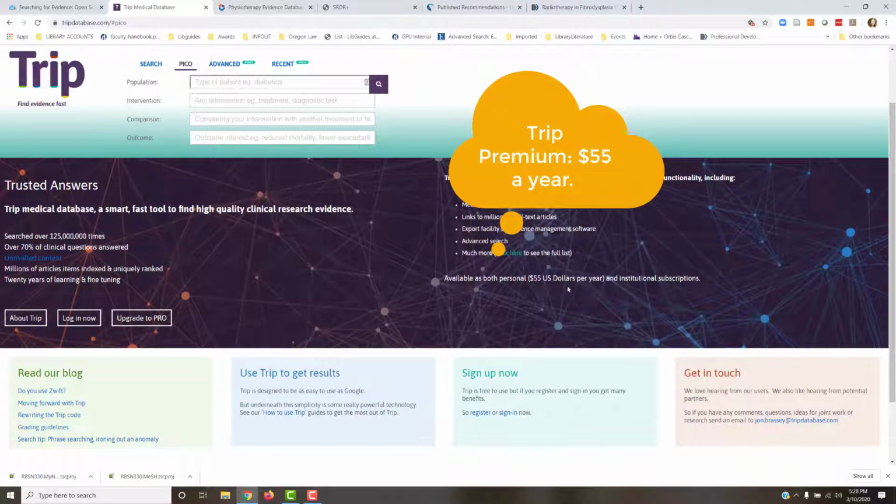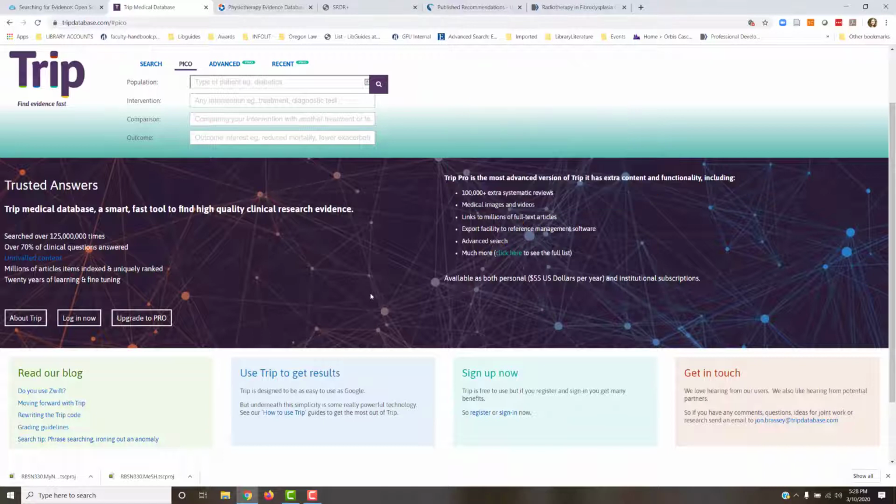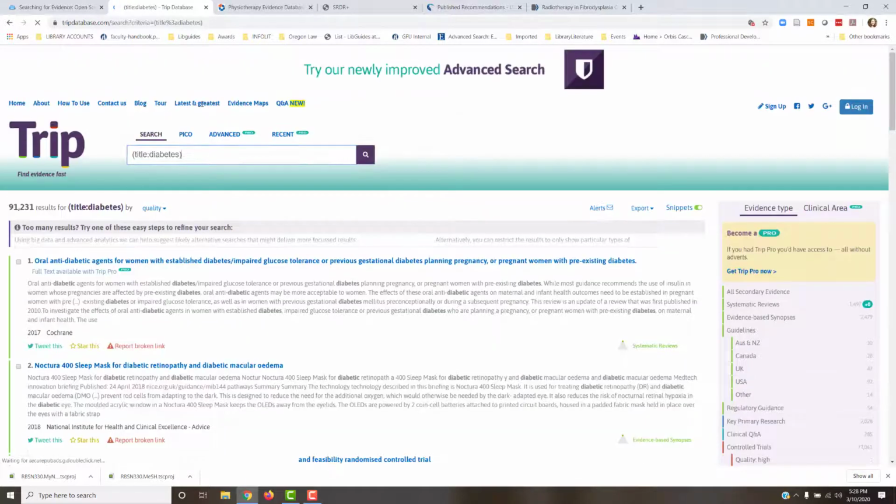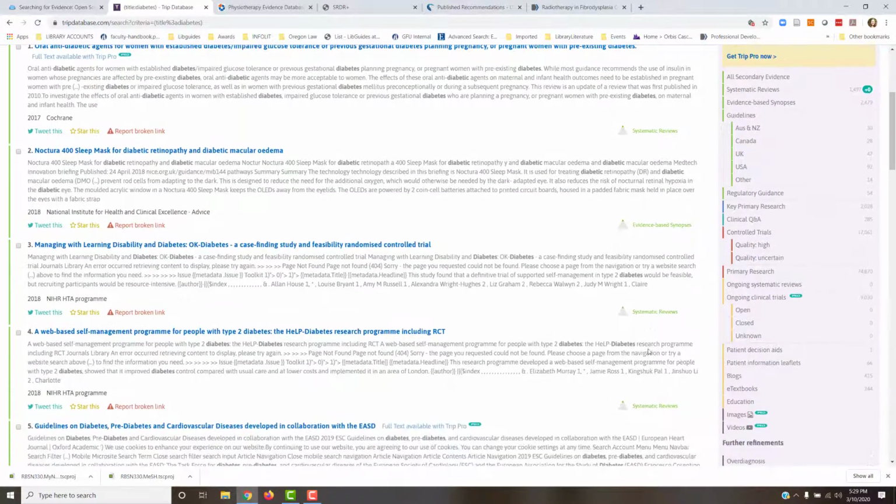Premium is $55 a year, and the nice thing about the TRIP database is when you do a search, it's going to give you great results. The government docs, information from various countries you see here, and it breaks it out based on where it falls under that